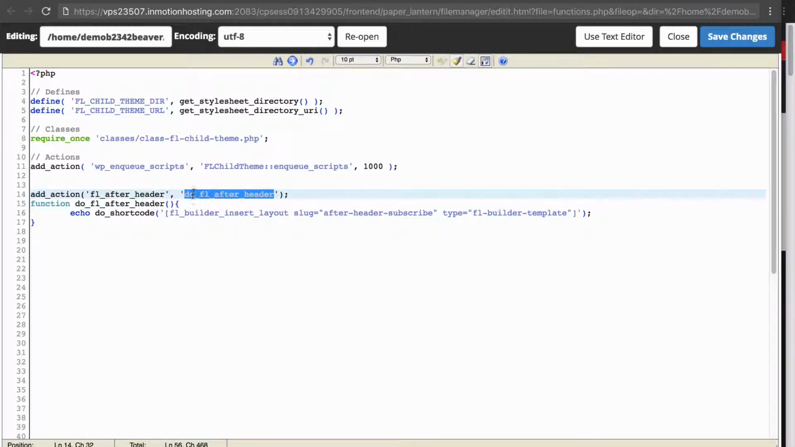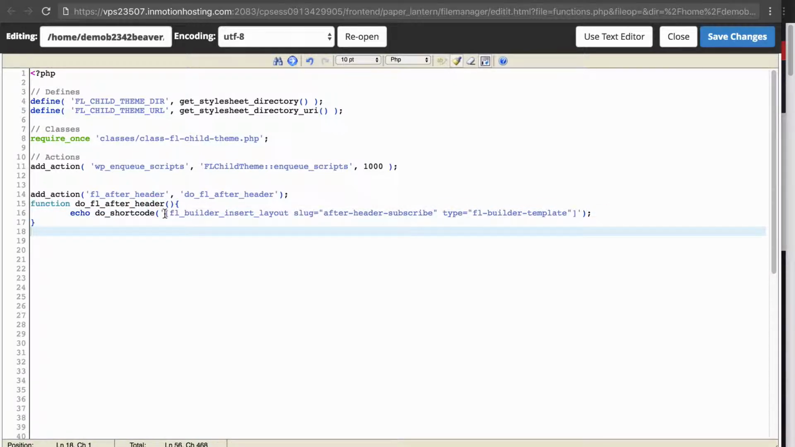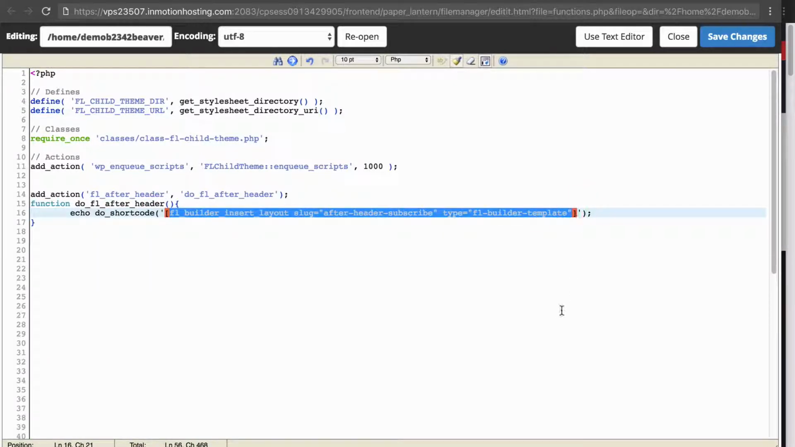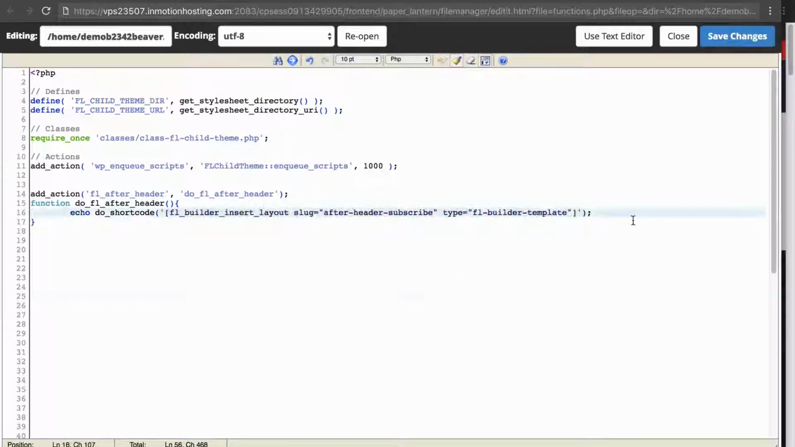And then you just put a function there. And then inside that function, you output the shortcode. And the shortcode you're outputting is this shortcode here, which comes with the Beaver Builder plugin. So now that we understand the logic of how this all works, how you can use an action hook to hook in and then insert a Beaver Builder template,